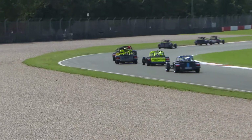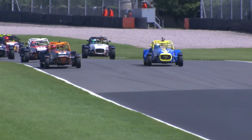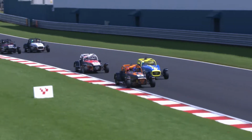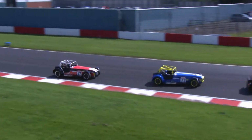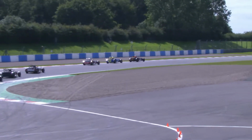There's number 11 of Chris Moore, the silver car with the yellow roll cage. Heading down the back straight past the exhibition centre, side by side for the race lead again. James Murphy coming back at Daniel French around the outside. He will lead them into the chicane. Tom Allen's caught them back up again, and Halstead seems to be a bit of a cork in the bottle